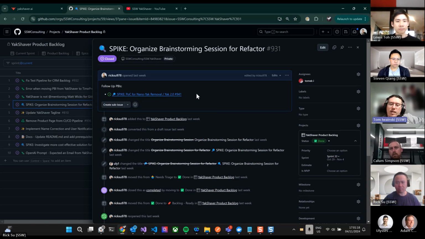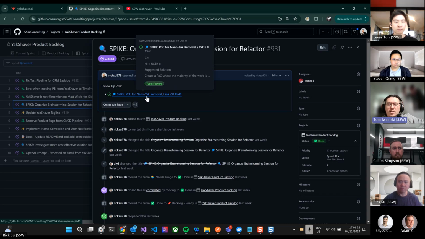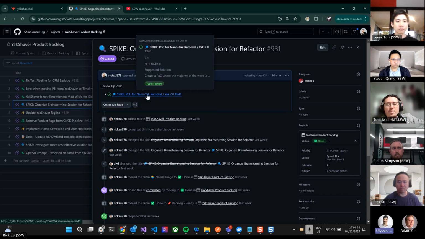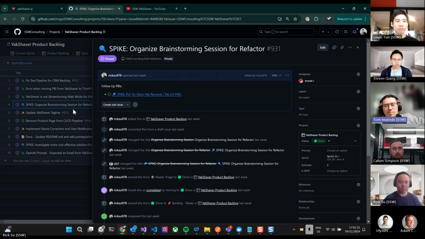And we created a PBI for a POC that we will add in this sprint and see what the results are. To be clear, we haven't already made a POC. Yes, we created a PBI to do that for this sprint.